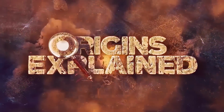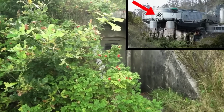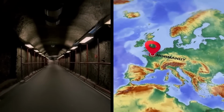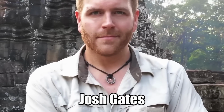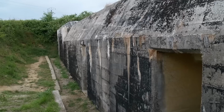Abandoned bunkers. Researchers recently uncovered creepy and terrifying secret Nazi bunkers. These bunkers were found in Normandy, and they were utilized over 70 years ago against American soldiers as they stormed the beaches on D-Day. Josh Gates, the executive producer and host of Expedition Unknown, was one of the first to